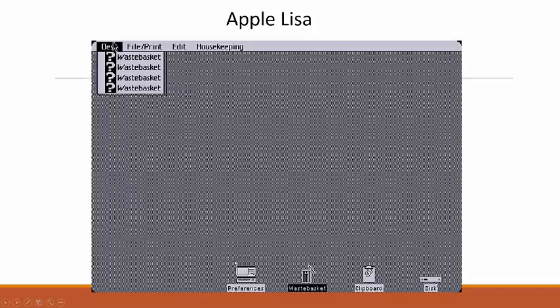It brought in a lot of groundbreaking elements of a GUI, stuff that we still use nowadays. There's a trash can, an icon for our disk drive, pull-down menus. This picture you're looking at right here is actually from an emulator on a website called the GUI Museum, which you'll be looking at in a lab today.